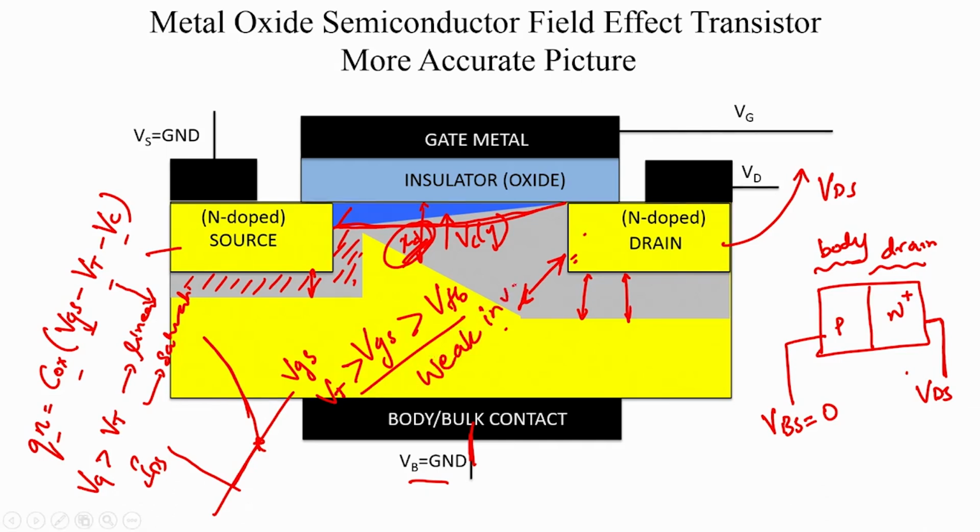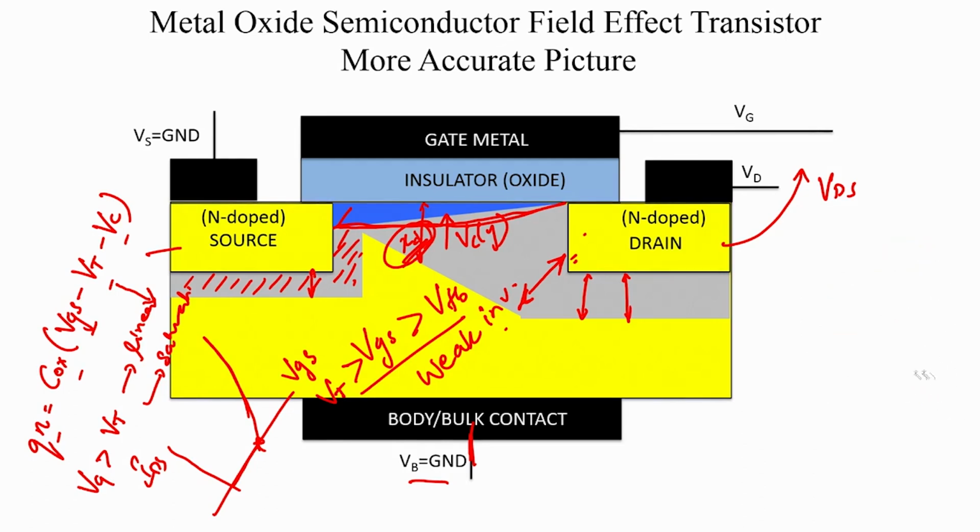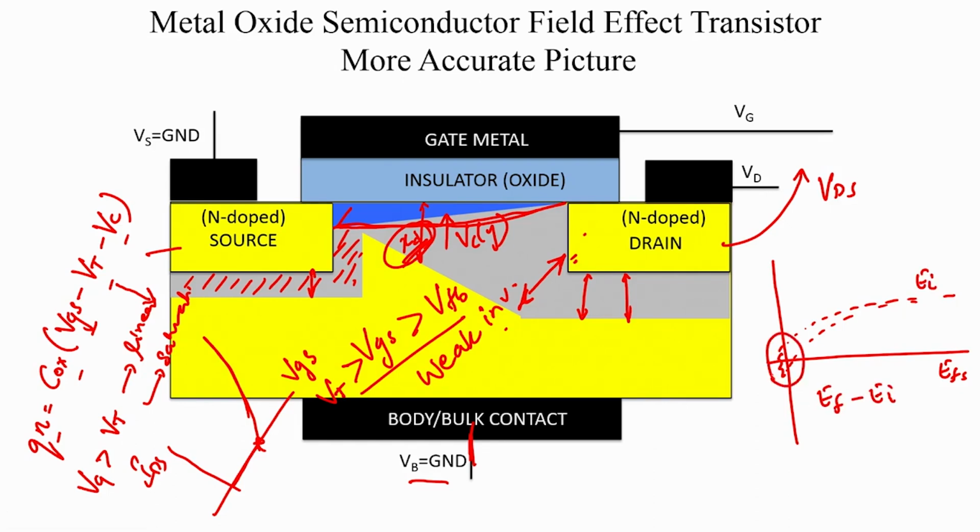And what is weak inversion? Weak inversion means that the band bending at the semiconductor insulator interface looks like this. Let us say this is the Fermi level of the semiconductor, and the intrinsic Fermi level does start bending a little, and that is your depletion region, and as it bends a little more, your EF minus EI near the interface becomes greater than 0, which means that the EI has gone below EF,